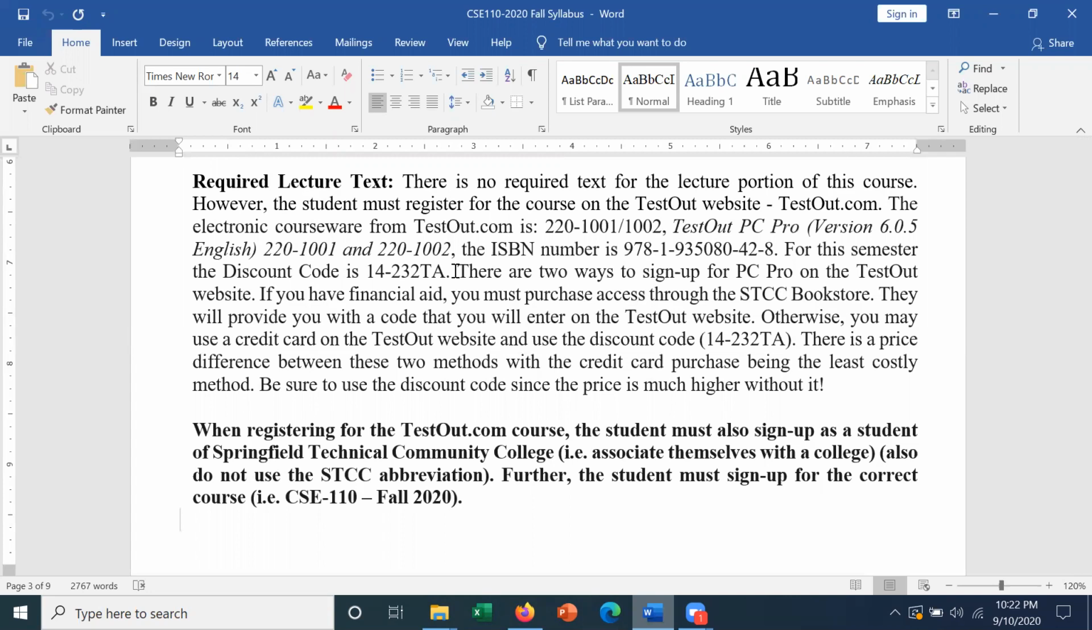If you have financial aid, you have to deal with the bookstore, the STIC bookstore, and apparently the bookstore is online now because of COVID-19. So I'm not sure exactly how easy that is to do, but they have a code and they will issue a code in exchange for your money, and that would be your financial aid money. You take that code and you enter it on the TestOut website. Otherwise, you can use a credit card, and again, use that discount code